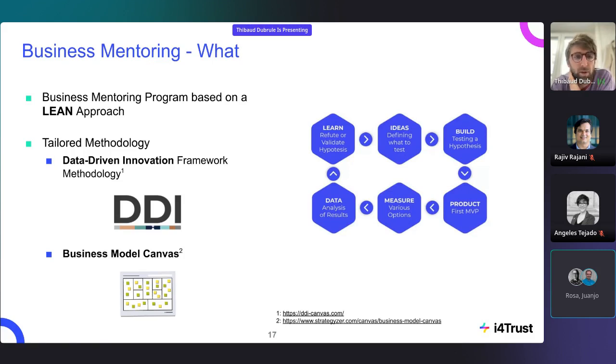And then the second part will be more dedicated to the business model canvas, which is a more classic exercise that I imagine some of you have already been through. In this, the mentors, so both Martins, will be supporting you to confront your pilot with those different frameworks.